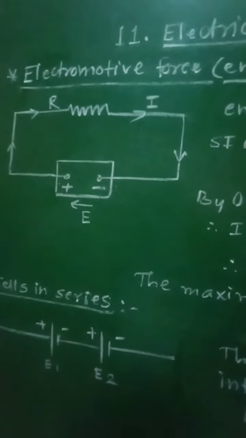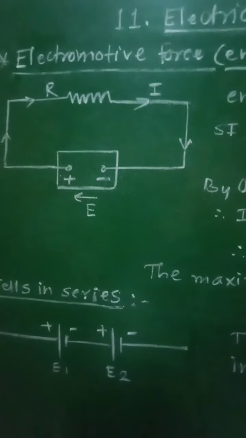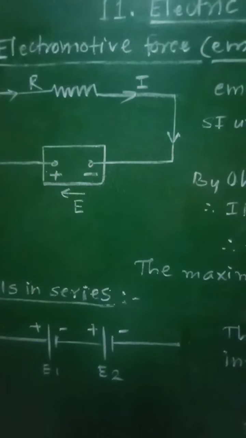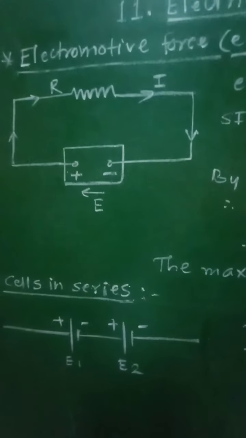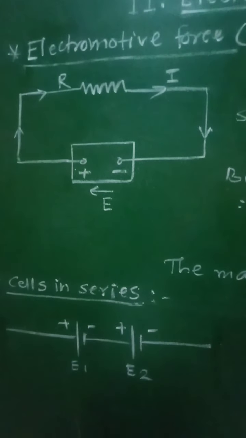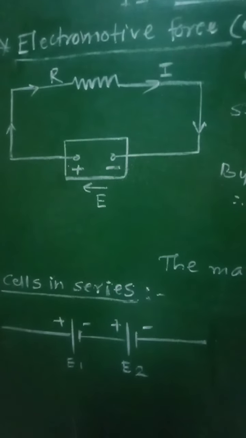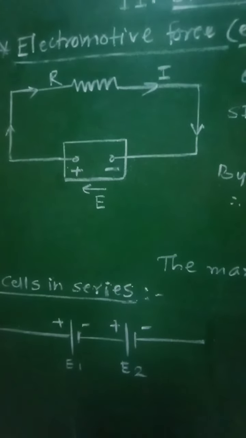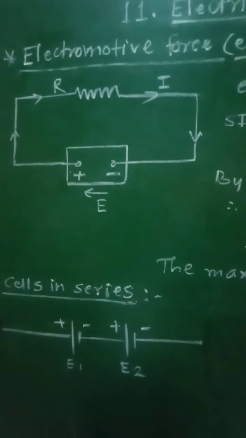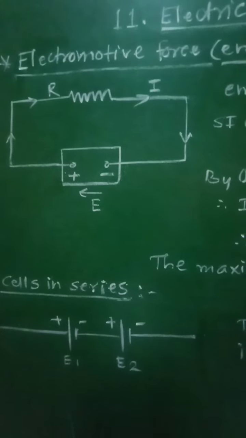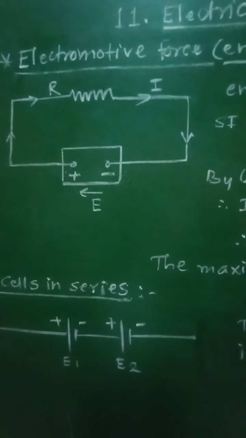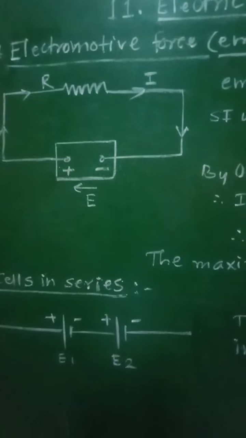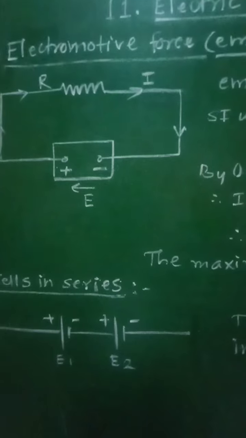But in real EMF devices, there is an internal resistance to the motion of the charge carriers. So in case of real EMF devices, it will possess some internal resistance, and therefore it will oppose the motion of the charges. When such a device is not connected in the circuit, the EMF of the device is again equal to the potential difference between its terminals, and there is no current flowing through it.